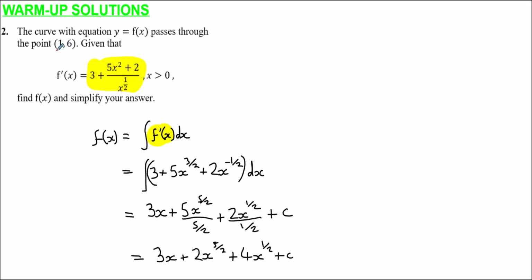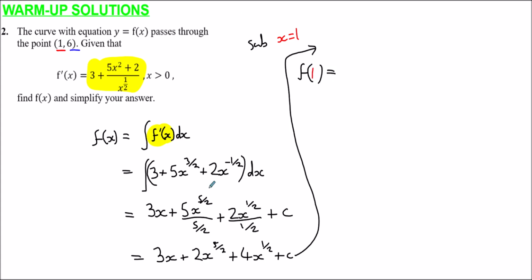But we know when x is 1, y is 6. So at this stage, we can sub in the value of x is 1. So if we just sub x being equal to 1, when x is 1, we need f of x to be 6, because y, which is f of x, is 6 when x is 1. So what is f of 1? Well, f of 1